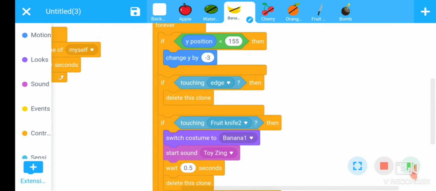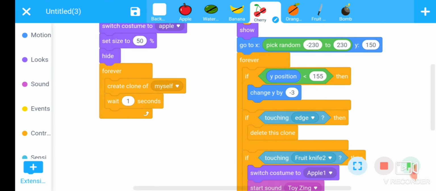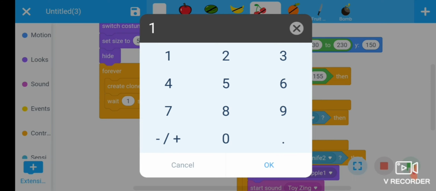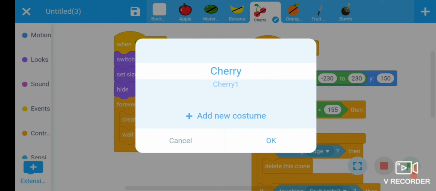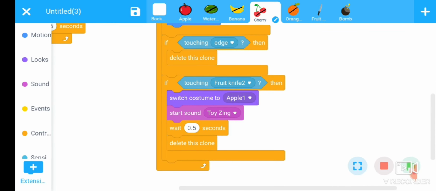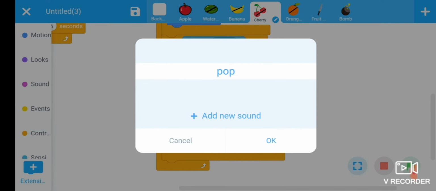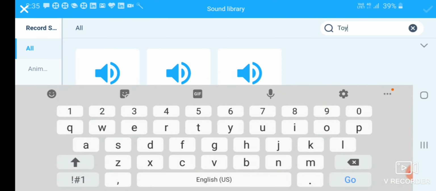Fine. It's fine. Now go to cherry. Add a wait here. Increase the wait here to 1.6. Apple sprite is replaced with cherry sprite, and then here also cherry one, and also add here sound twitching.